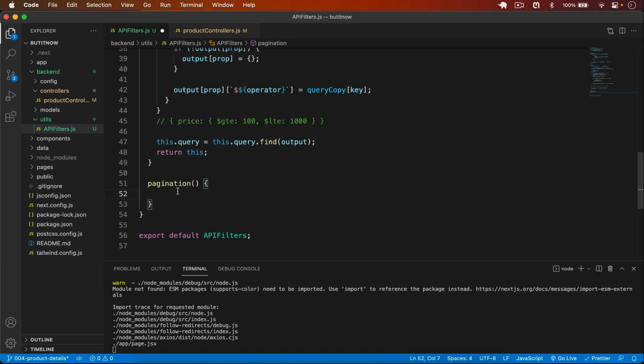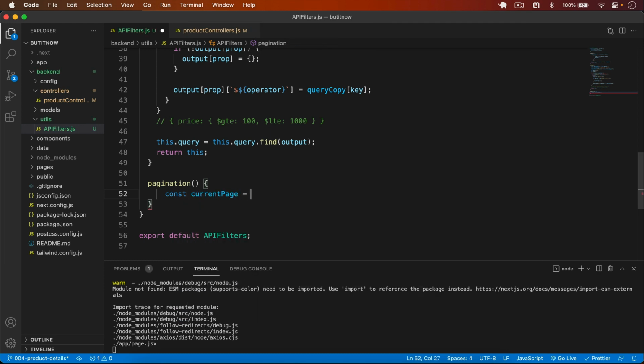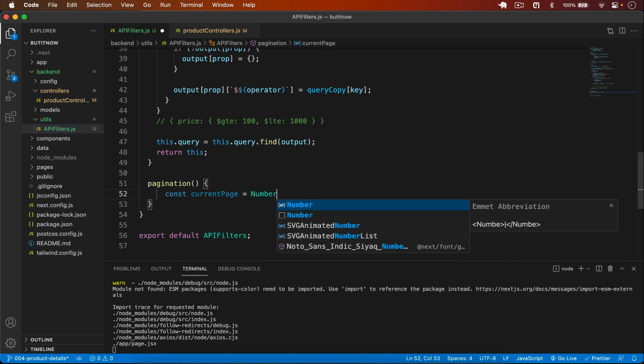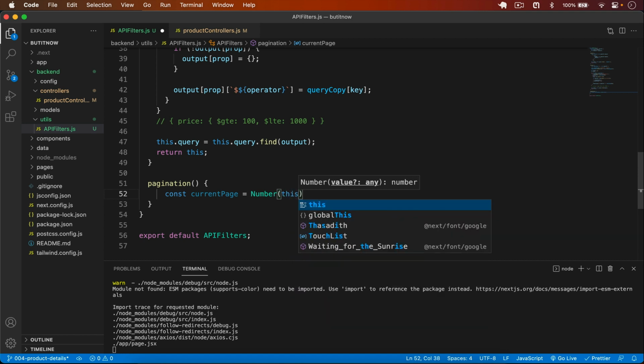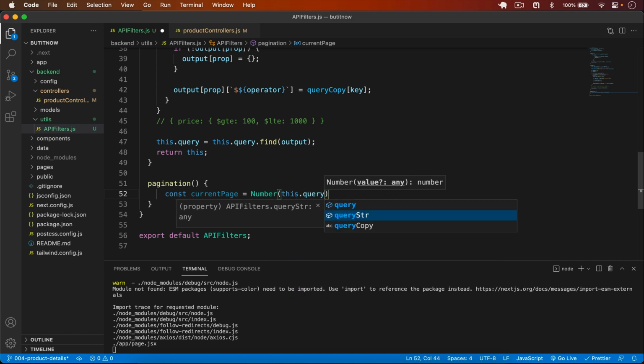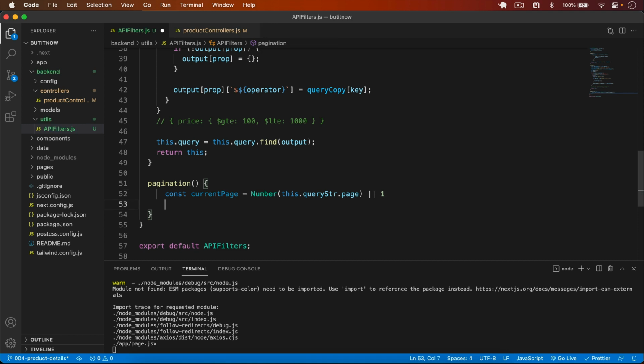So I go back, I simply type here const current page is equal to number, because we will get the result from the query in form of string, so I will wrap it inside numbers. So query string dot page. So for example, if user doesn't pass any page in the query, then by default the page number is going to be 1. So this is our page number, and now we have to calculate the skip,